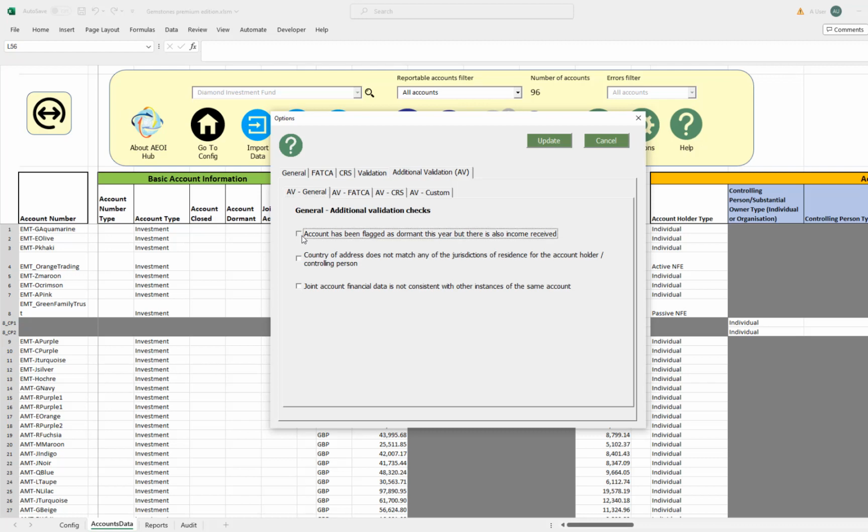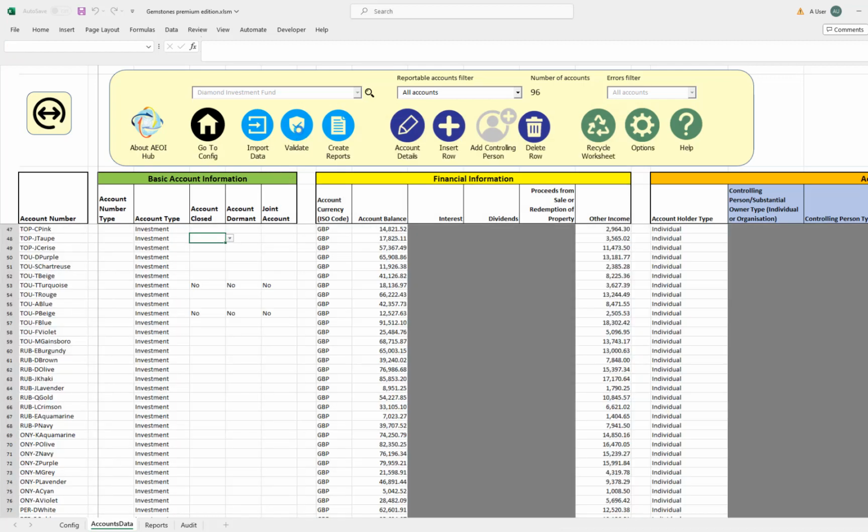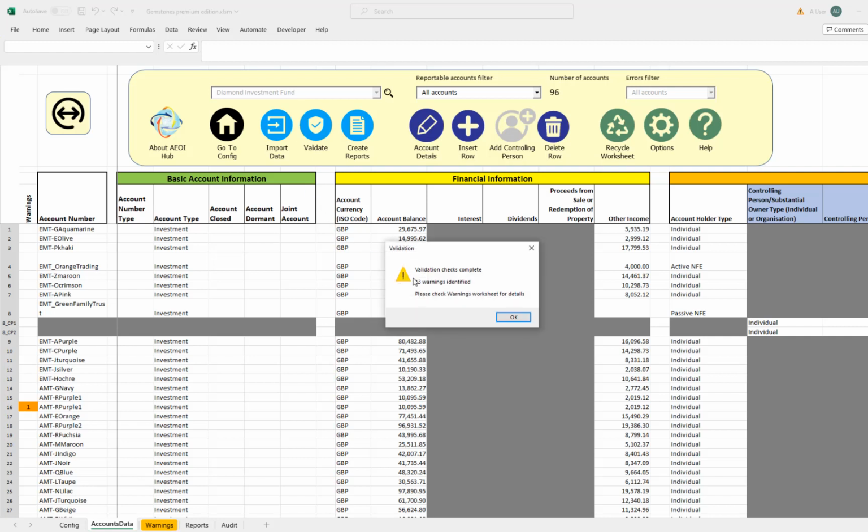If we select the additional checks we want to perform, and then again rerun the validation, this time the validation checks have completed and identified warnings. So warnings are what we present if you run the additional validation checks and any issues are found, rather than errors, which mean that there's going to be a fundamental problem with the submission.